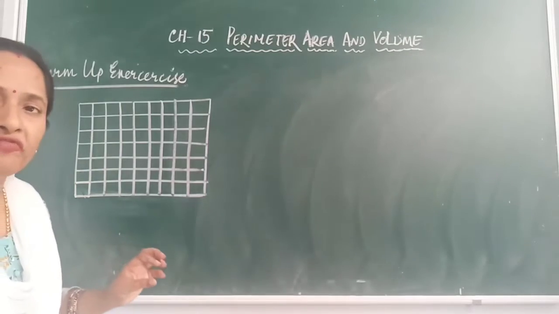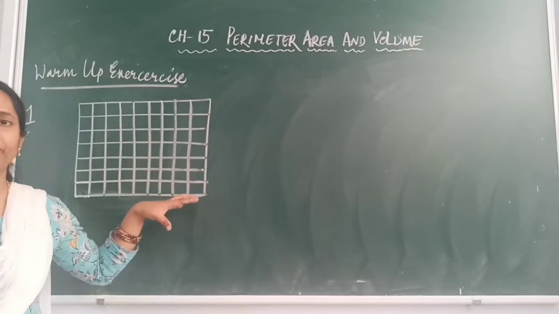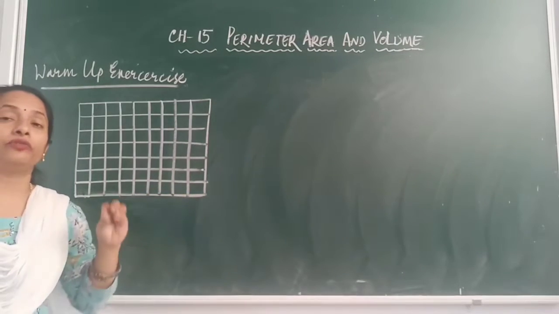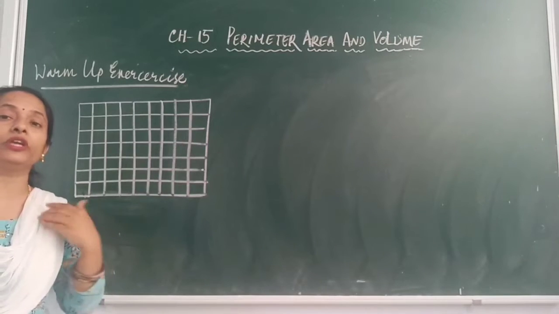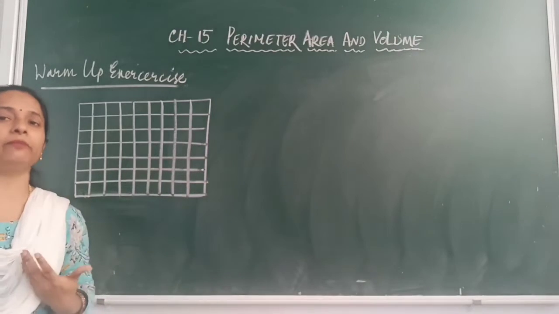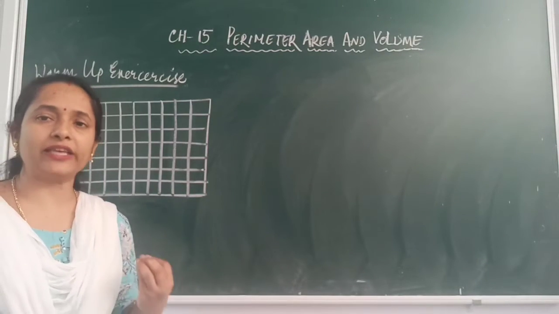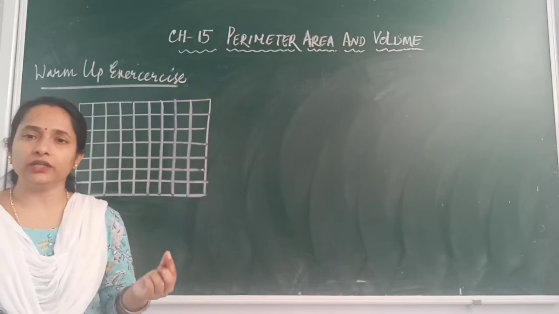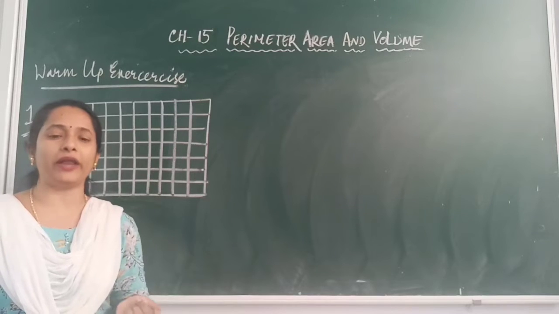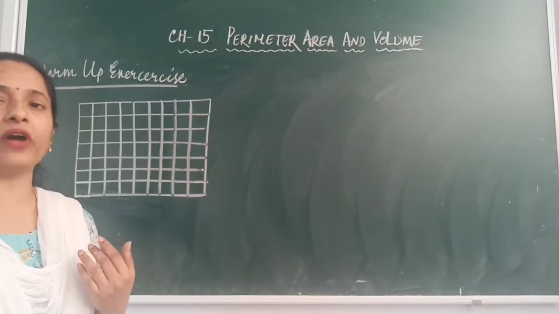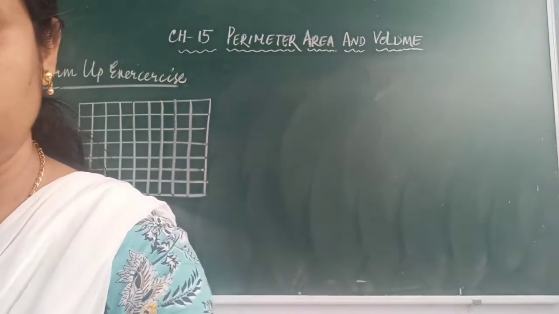Now, there are a few figures, rectilinear shapes, drawn inside these unit squares. With the help of this unit square paper, we have to find out the perimeter of the given rectilinear figures. As I just said, the length of each square is 1 unit, the measurement is 1. So now let us see how to find its perimeter. The first figure which is given to you is